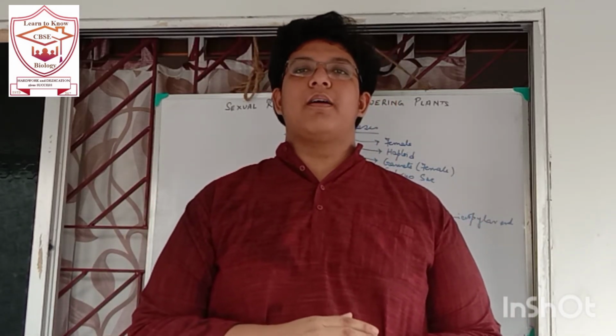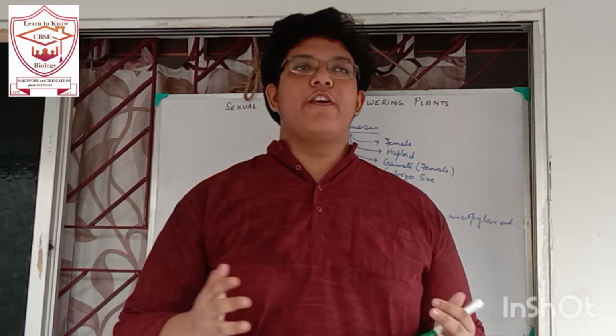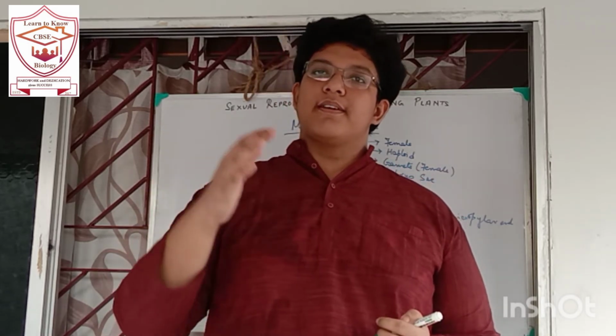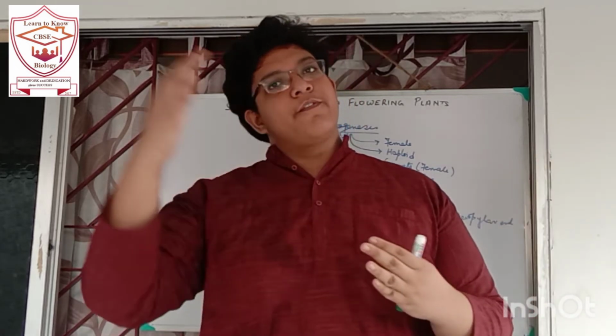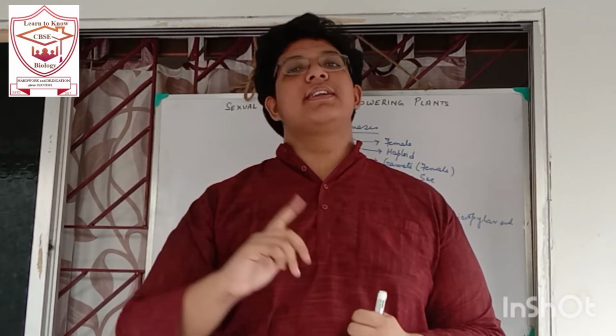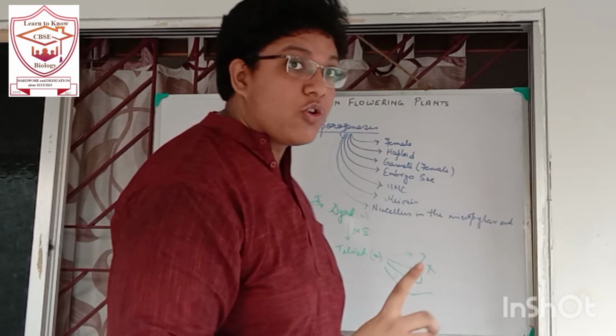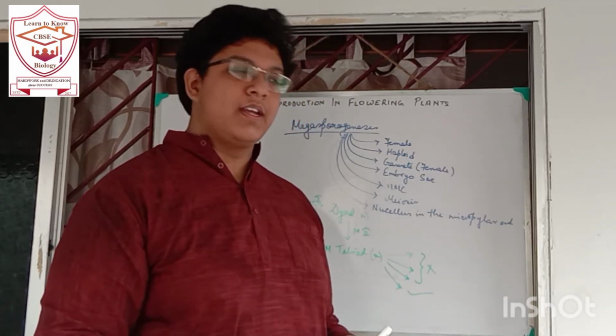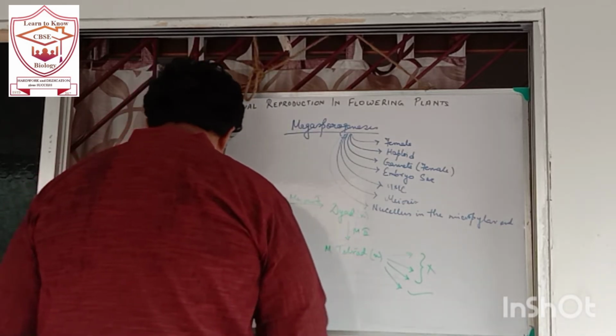You might get a question: in order to form 4 megaspores, how many megaspore mother cells are required? Not 4; since 4 megaspores form from 1 megaspore mother cell, 3 disintegrate. In case of pollen, it would be 1 microspore mother cell forming 4 pollen.